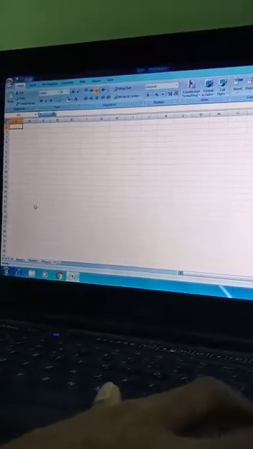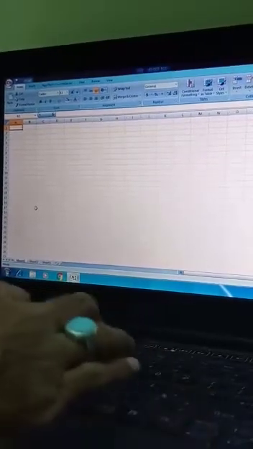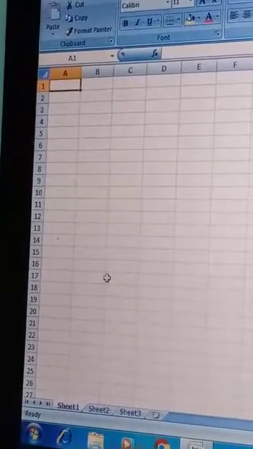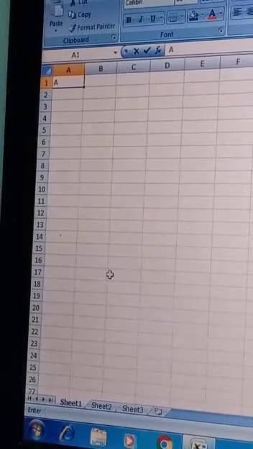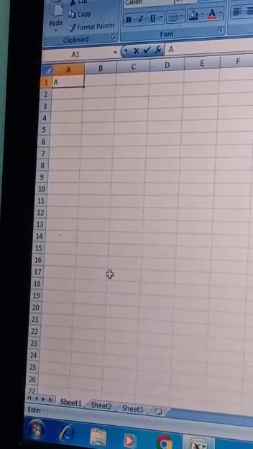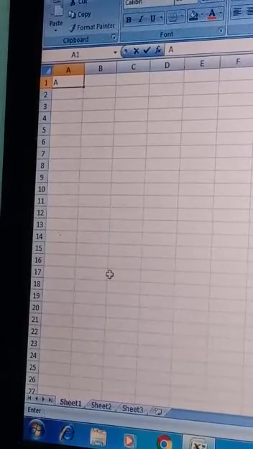Okay, I think it is visible for you. Suppose we have some information like we purchase something, apple, some foods from the market, and we will calculate the cost of those things that we have purchased from the market.